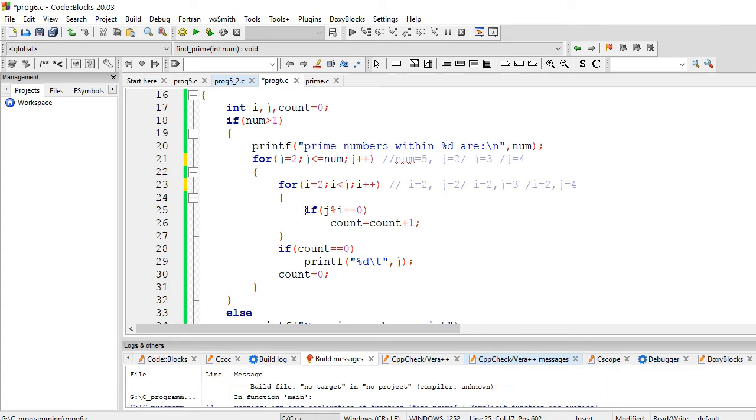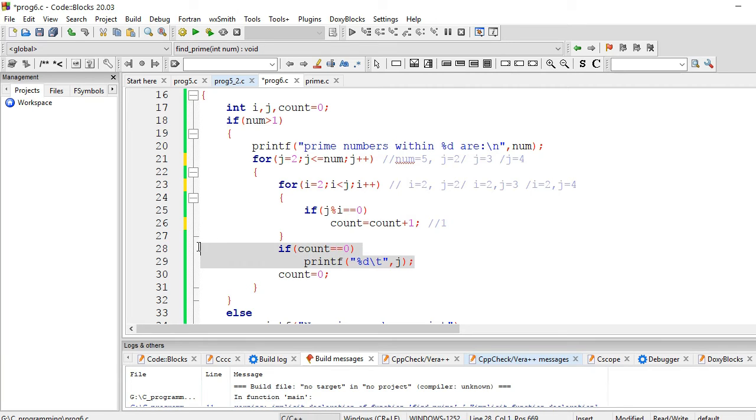Now if j modulus i, so j is 4, 4 modulus 2 equal to 0 obviously, so count will be incremented. In the third iteration count will be 1. So we can verify that 4 is not a prime number because when we exit this for loop, count will not be equal to 0.